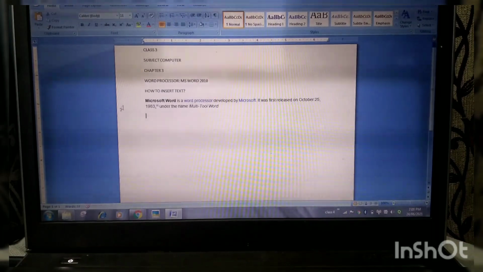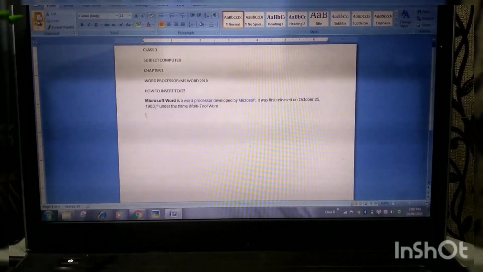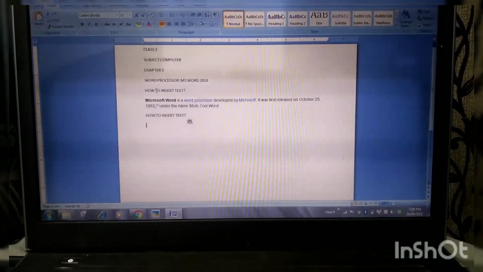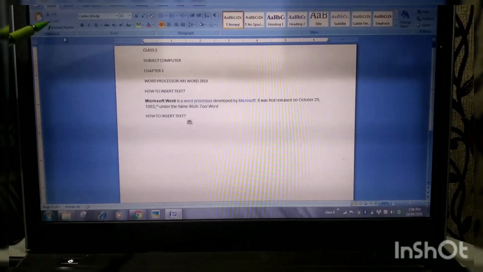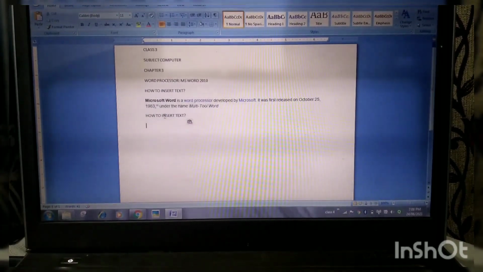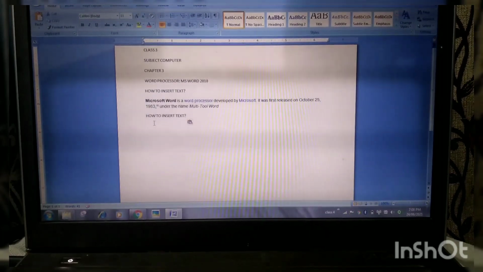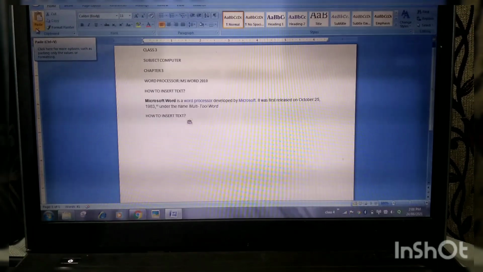Okay, for pasting it I need again to click on this paste option. See how copy and paste works. First of all, you need to select the text. Okay, then click on this copy option. Then put your insertion point where you want to copy the text, and again click on this paste option.